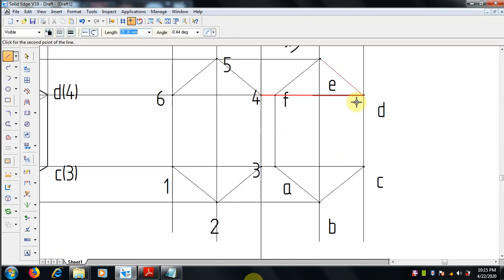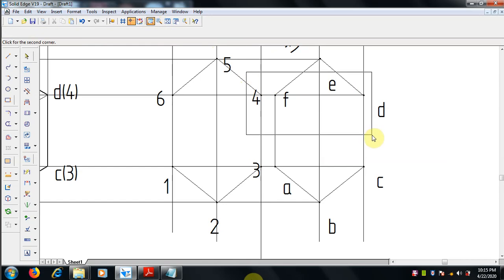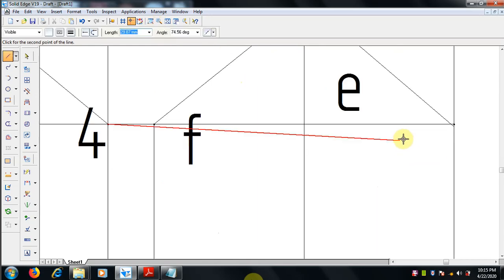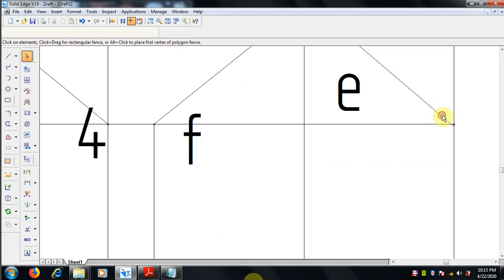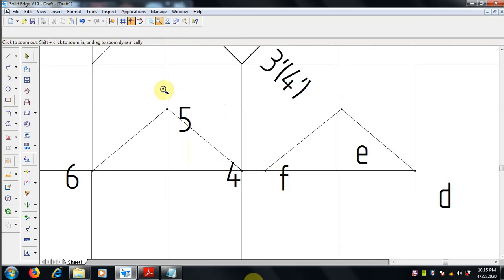Four is connected with D. Intersection we have to properly check it and do it. If there is any problem, then zoom it and solve the problem. All should be aligned properly, otherwise two end points we will get. So once this is done,